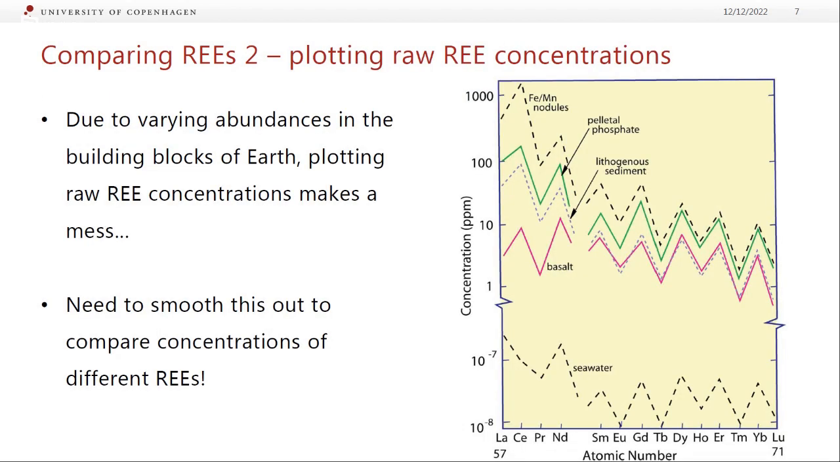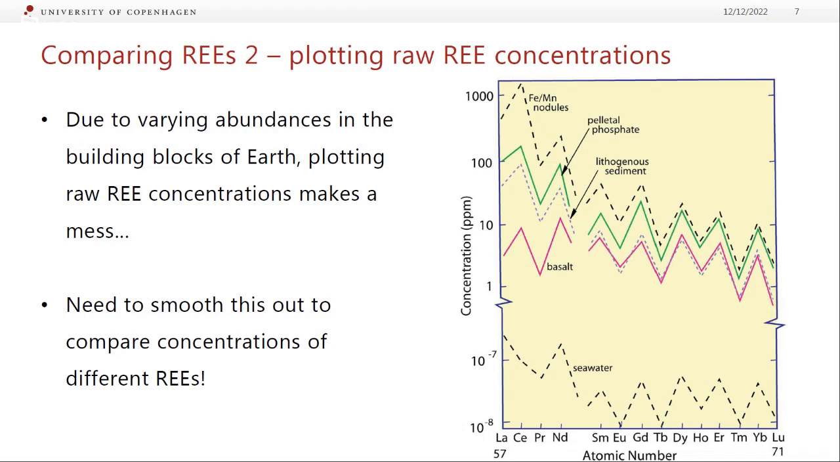So if we just plot raw rare earth element concentrations, we have this zigzag effect where we're basically going odd number, even number, odd number, even number, and so on. And it's kind of useless for comparing stuff because we just see the spikes. So we want a way to smooth this out so we can compare concentrations of different rare earth elements in a meaningful way. It doesn't massively matter what these are, but this is seawater and then a bunch of geological samples,